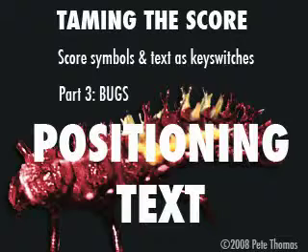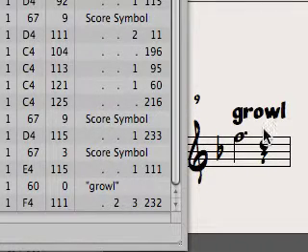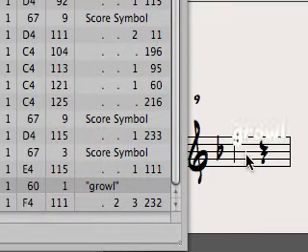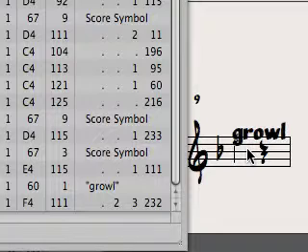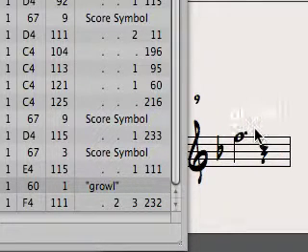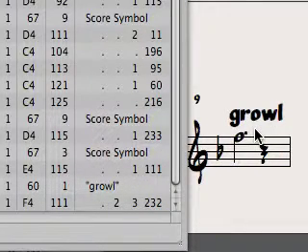Next, we have the problem with text position. You need to change the value of the second data byte in the event list, as you need to differentiate between different words to operate different key switches. Sadly, this also alters the vertical position of the text for no apparent reason that I know of. It makes sense with lyrics, as you might want verse 2 on a different level to verse 1. So, after adding your text and changing the value, you need to use the layout tool to get the text into the right place.